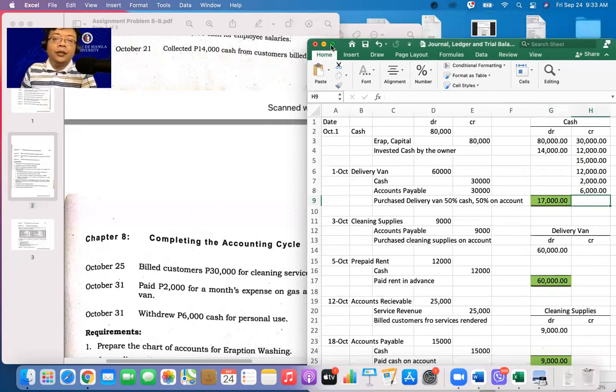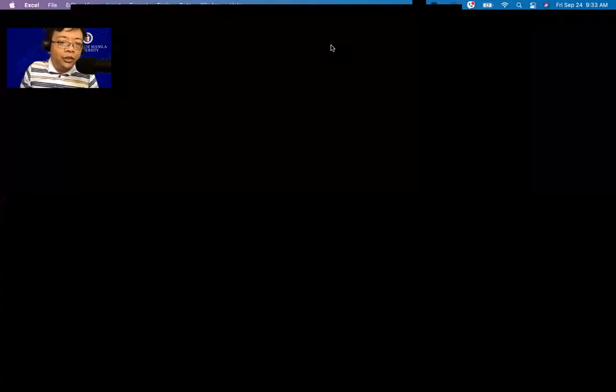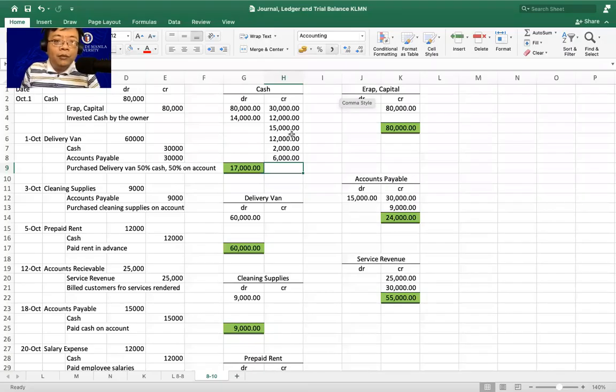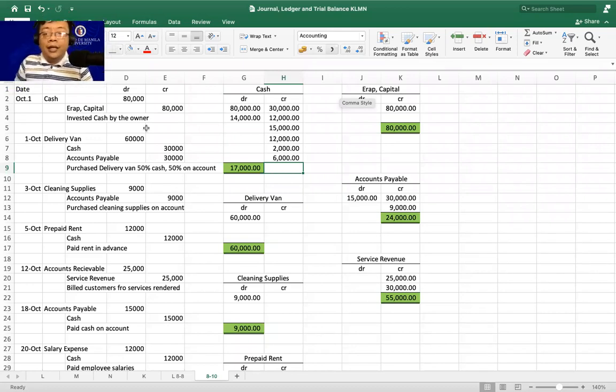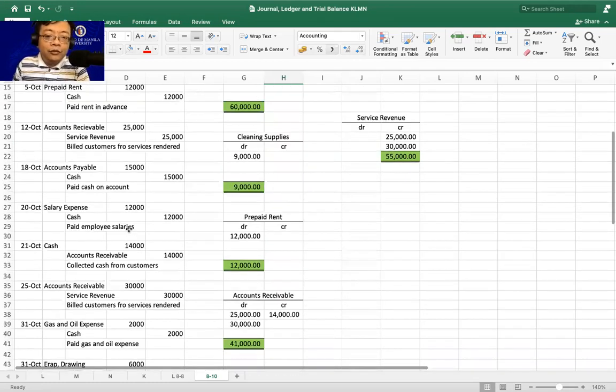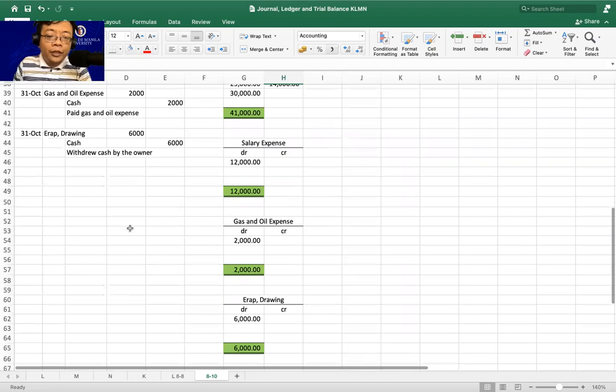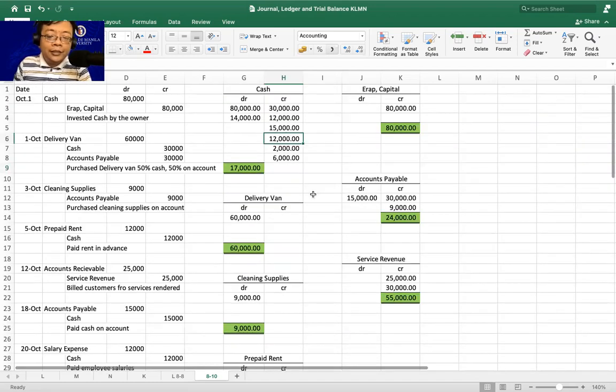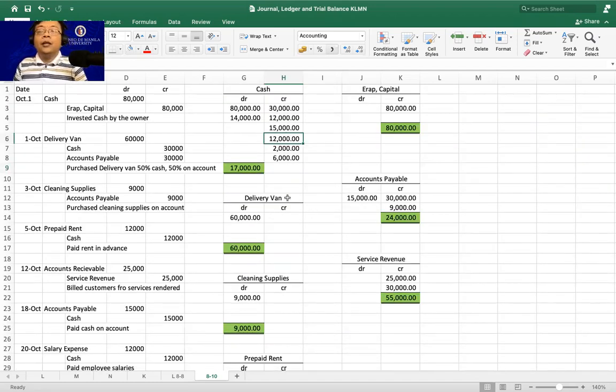Para at least we can see the difference, or to see the trial balance now. So we are done in terms of our ledger. Number 1 is journal entries followed by the ledger. And after that we will do adjustments. But for now, siguro we will end up at the trial balance.